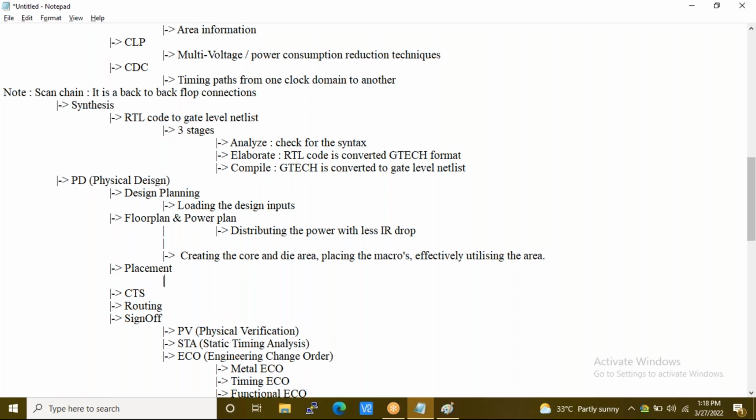In placement, we have the remaining standard cells, and those standard cells will be placed here.